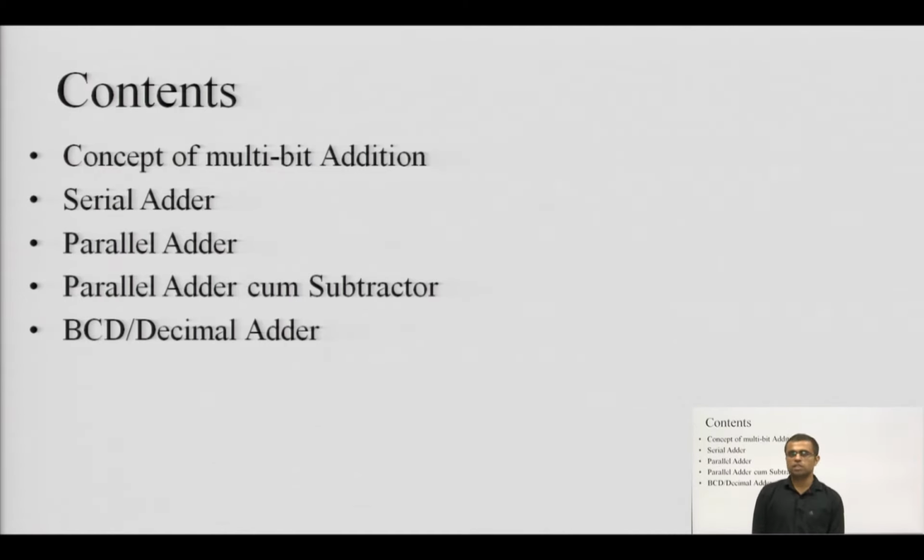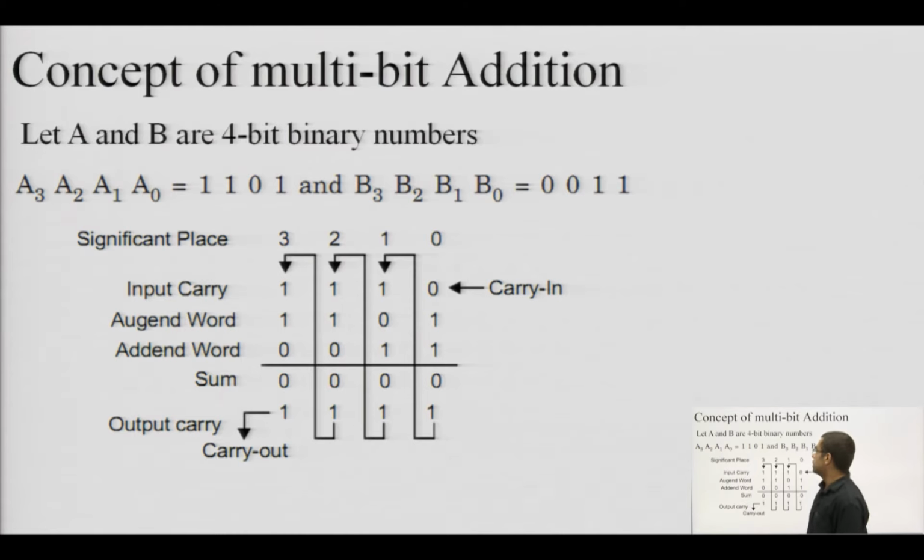So, in a previous lecture we had already covered the concept of addition via half adder and full adders, but in that case we were taking one bit at a time only. That means, a single stage addition was being performed, and the carry generated from that stage was not referred to the next stage. Okay. So, that was a single stage addition, but now we are interested in performing multi stage addition. So, for that we need to understand the concept of multi bit addition. So, let us proceed to the concept of multi bit addition.